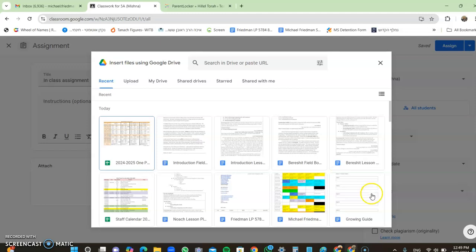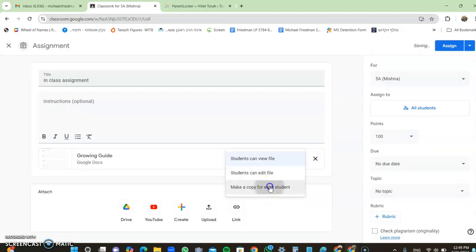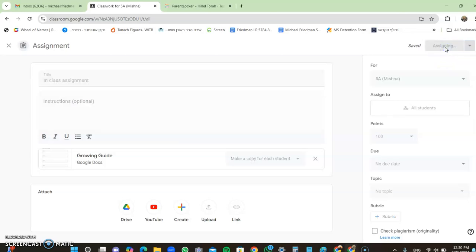So we're going to do this and make a copy for each student because they all should have their own work. That way they can modify their document and turn it right into you directly. Even if it was printed, you can have this done for them to make up the work. And there's no due date. Having no due date means Parent Locker will not send an email. It was classwork. They don't need to send an email. And nothing is late yet because I haven't graded it. It's on me. I assign this work